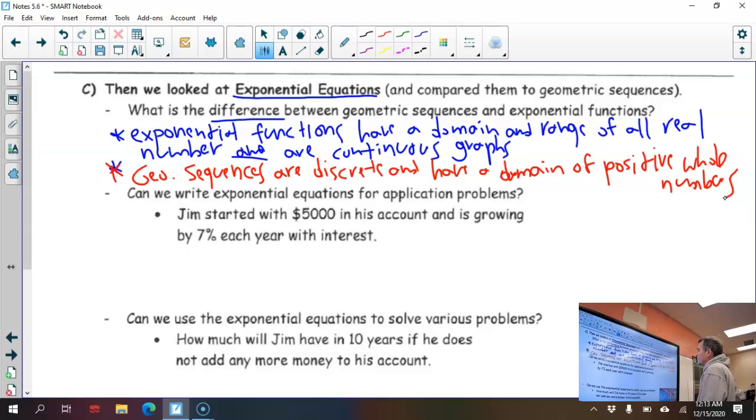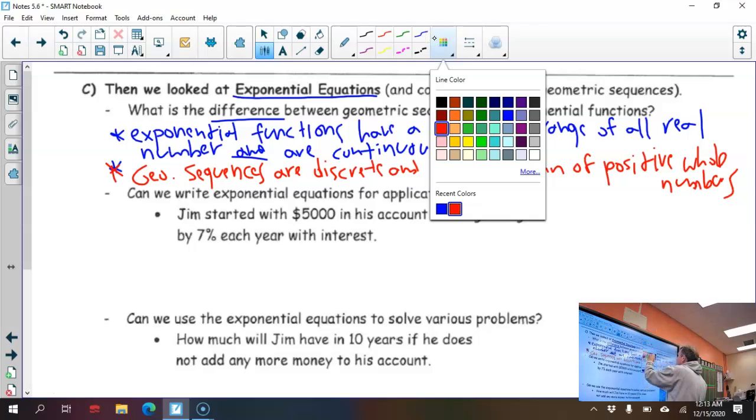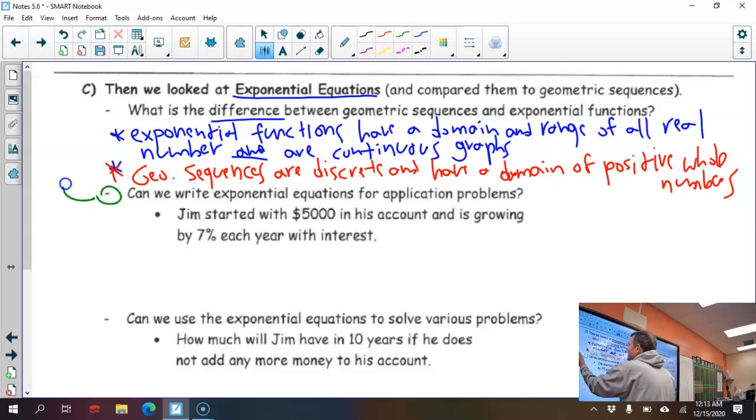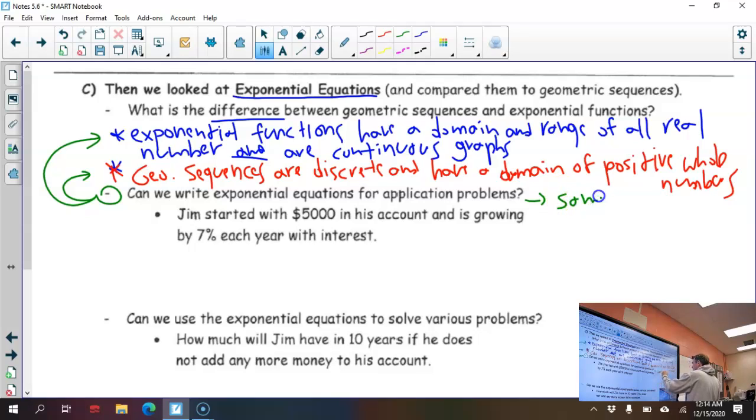Can we write exponential equations for application problems? So this is why we wanted to learn about exponential equations. They're exactly like geometric, but they include a larger domain. But they have the same equation as a geometric. So let's write that down over here. Same as geometric formula, same as explicit formula